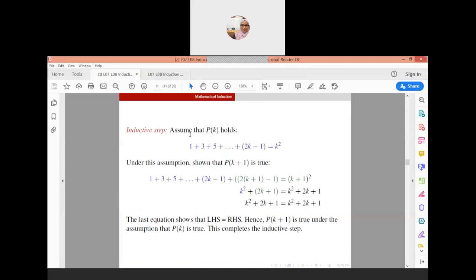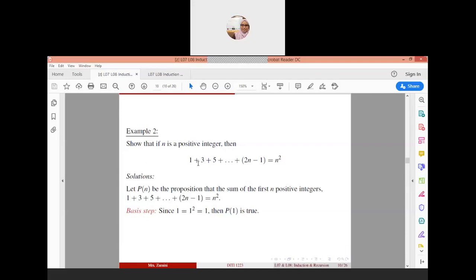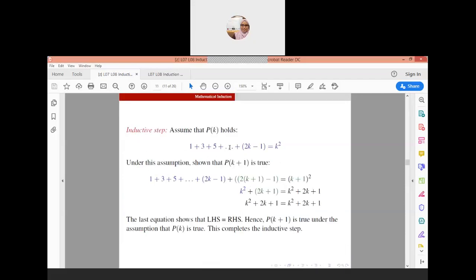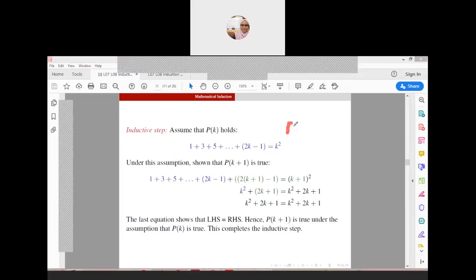Okay, for the inductive step, just now the equation is in n statement, right? Which involves n. So for the inductive step, just replace n with k, which is 1 plus 3 plus 5 dot dot dot plus 2k minus 1, and it is equal to k square. Okay, under this assumption, now we have to prove that P(k plus 1) is also true. So this is the step, which is the inductive step, which is